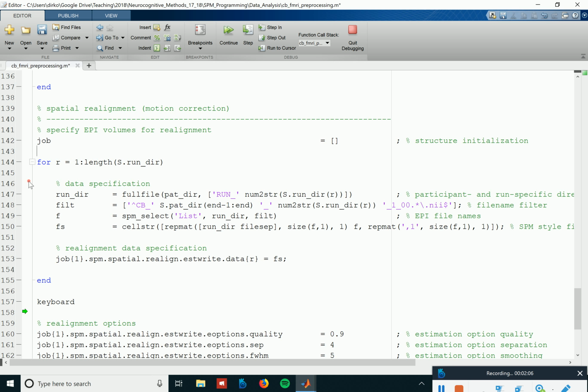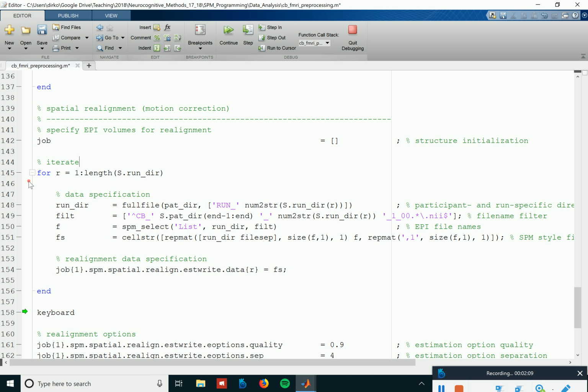Maybe we should also comment that, iterate over runs. And then we have a run directory, and then the question is, what is the filter that we specify for SPM select? And this is always a little bit annoying, because one can use wildcards and, I think it's called, regular expression stuff in MATLAB. And there one tries to be as specific as possible, but not too specific, so that still many files can be found. And what this whole thing will come down to is that